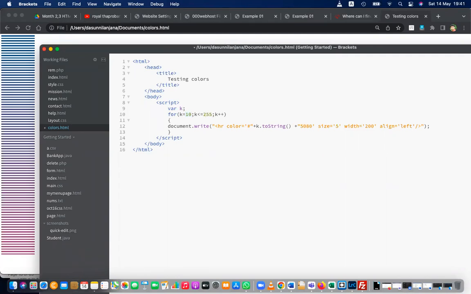But the problem here, when I put 255, so here it will change 255, 50, 80, but it is invalid HTML,